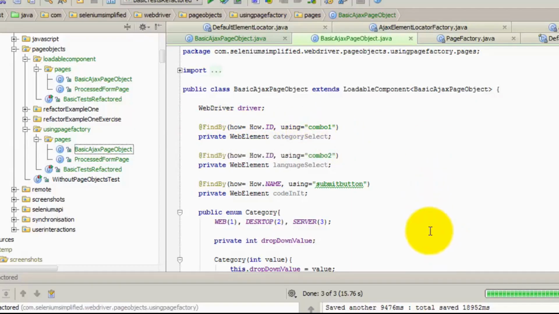So I tend to wrap things in methods. I do find elements down below and I will synchronize on each element. But it's worth being aware of and experimenting with the page object factory, because it can help you get started